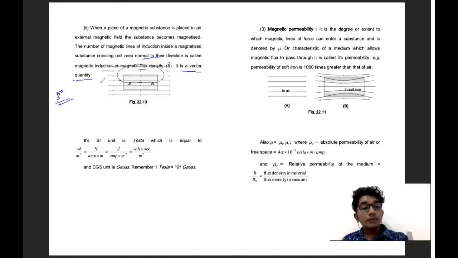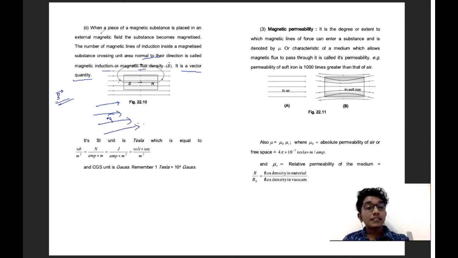The idea of magnetic flux density or magnetic field is very simple. This is the same idea we used in the case of the electric field. Suppose there is a uniform electric field, and there is a charge over here. How much is the total force acting on it when we place it in an electric field? That would be the interaction between the field and the charge. So we can consider the electric field of this charge by considering this electric field.